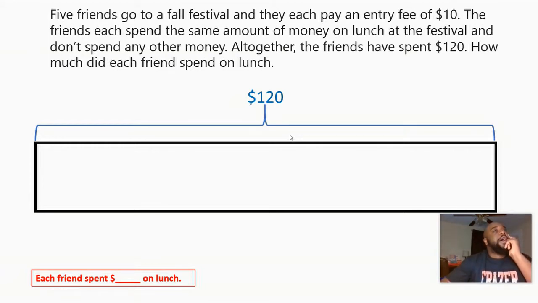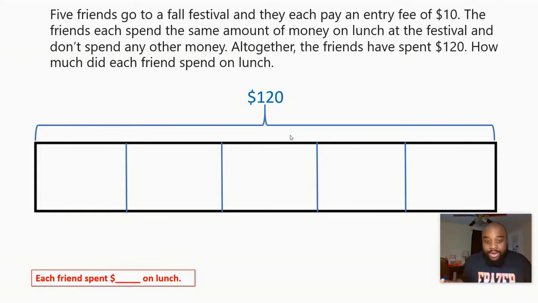Okay, so now we have to think about how much money each person spent to get in, right? We know that each person spent $10 to get in. And we know how many people there are. There are five people. So we're going to split our whole into groups of five to represent each person. Now, if I took my whole, which is 120, because that's how much money they spent all together,